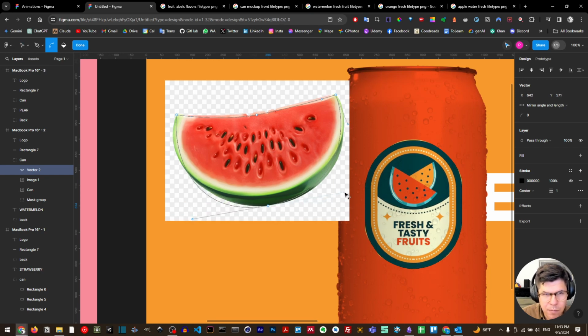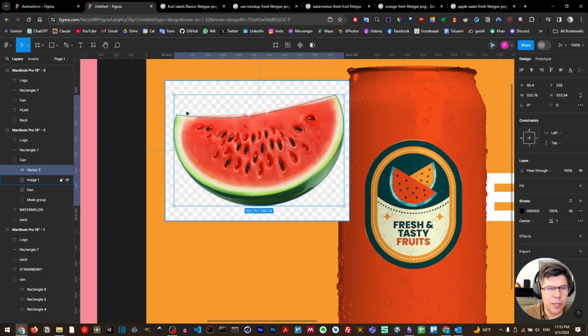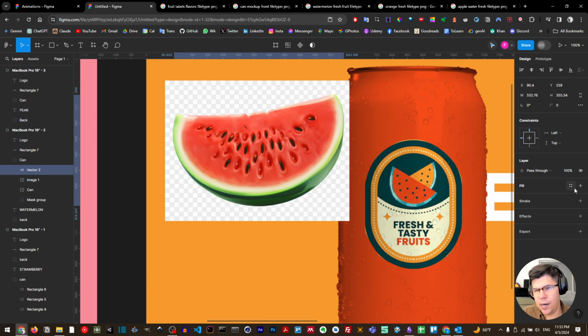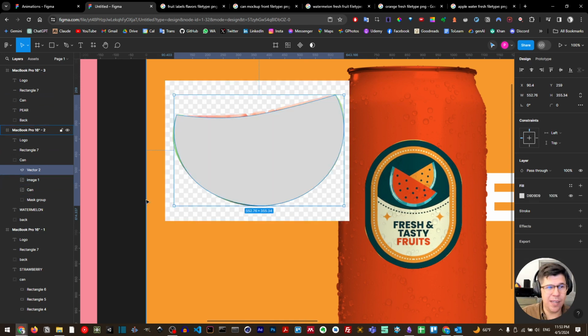Sometimes it could fit, sometimes it doesn't. I think I will just use another one. I think I will make another here and another here and then another here. From there I will select one at the top, and from there I will select done. I will remember to delete the stroke and have a fill. Now I have my fill, and the vector will be the one that will mask